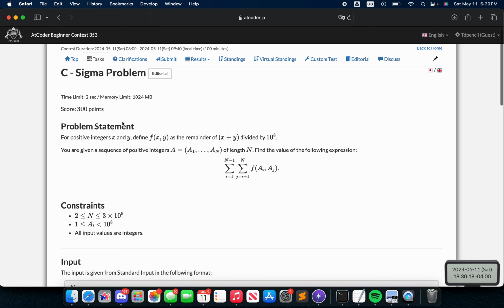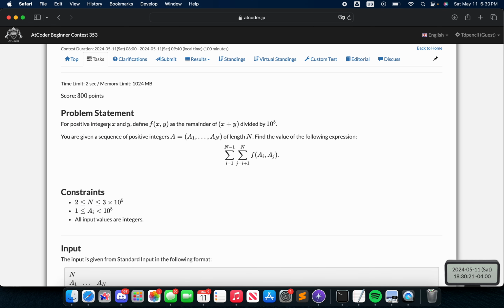You can pause it too if you want to understand. This one was actually not too shabby, so this one's actually pretty fun. You have an array of n integers. The integers are all less than 100 million. The thing is, you want the remainder. So if the remainder of, okay, sorry, I'm summarizing this in a bad way, haha. Anyway, basically you have to find this function of every single pair of values